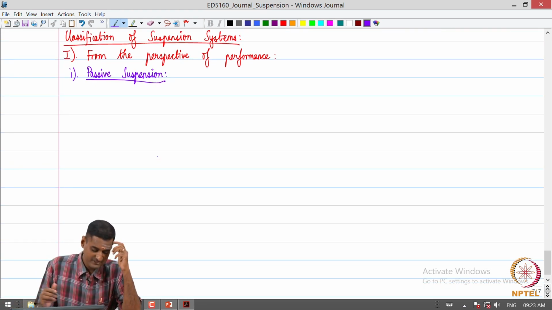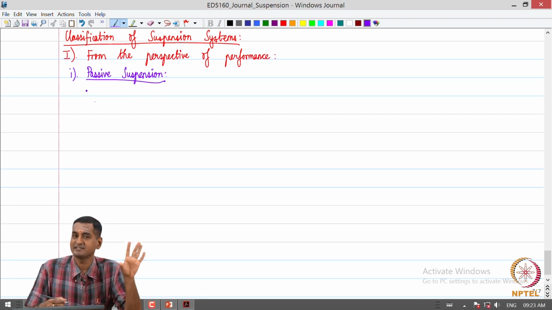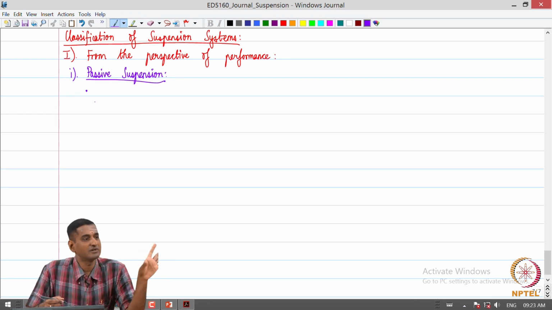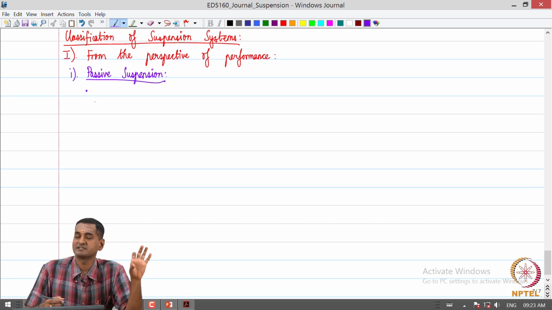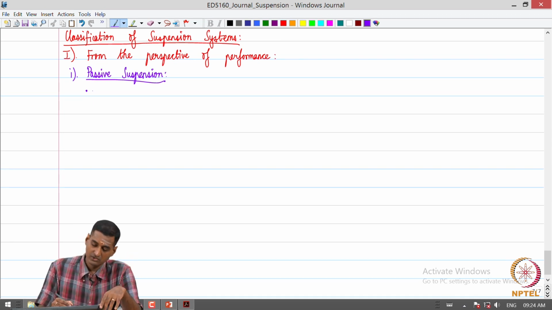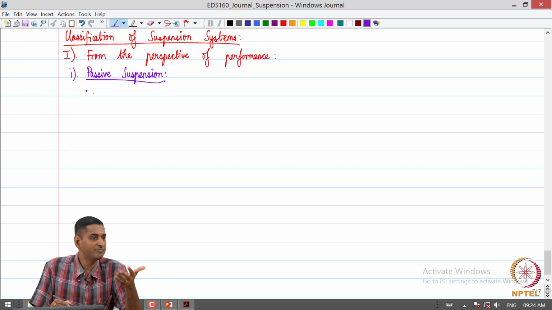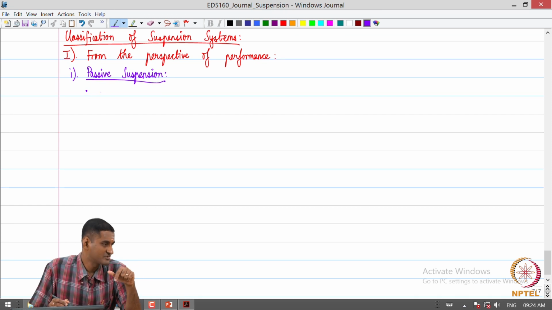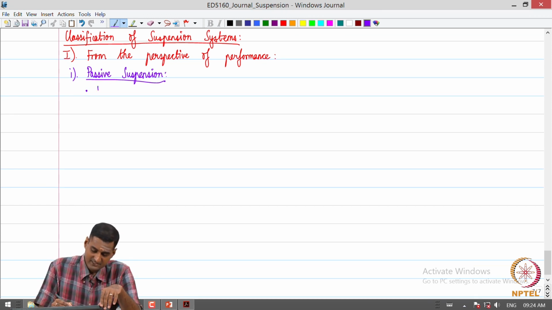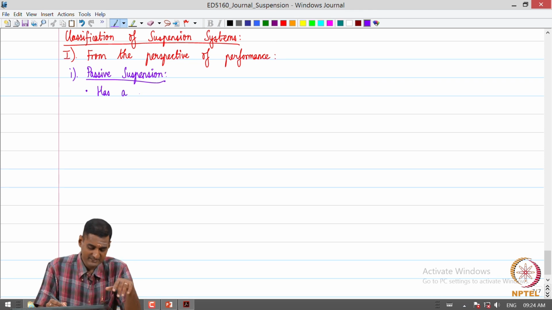So, what is a passive suspension? Passive suspension means we design the suspension, let us say we fix the spring and the shock absorber, we select them, we install them in the vehicle and that is it. We cannot change the characteristics of the spring and the shock absorber as the vehicle operates. So, there is always a trade off between various functional requirements of a suspension, and even as the suspension keeps on working, there may be some small variations in the characteristics of the spring and the shock absorber. Those are limitations, but it is very simple and inexpensive.